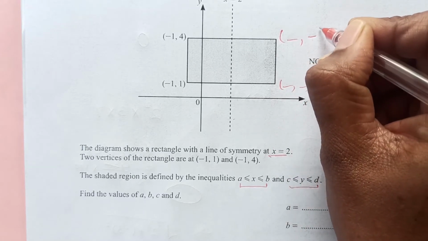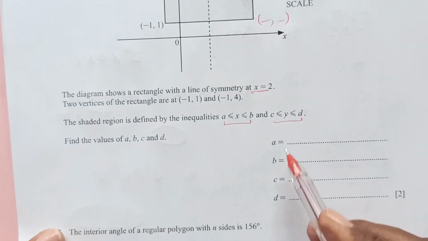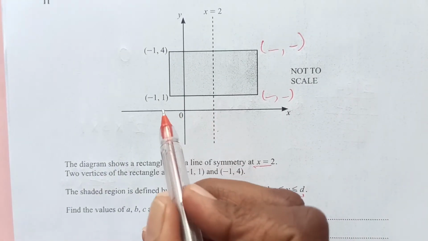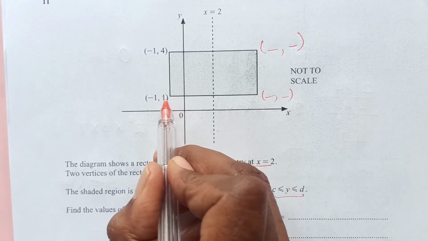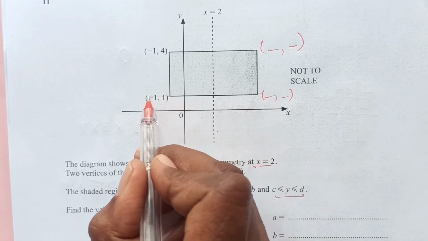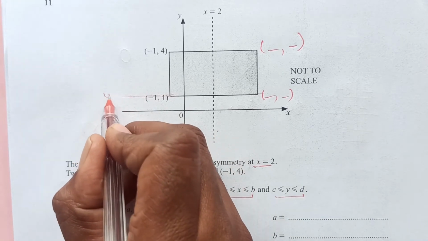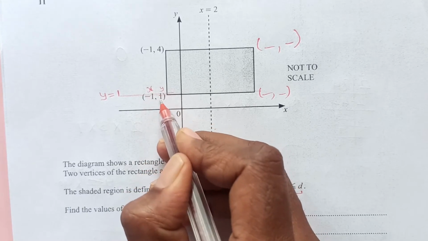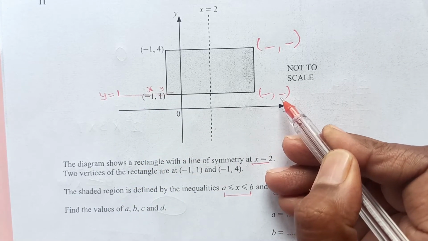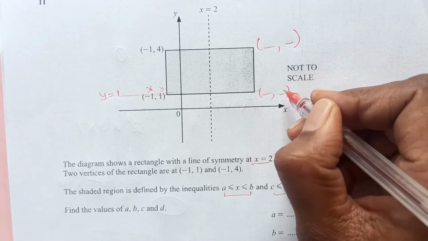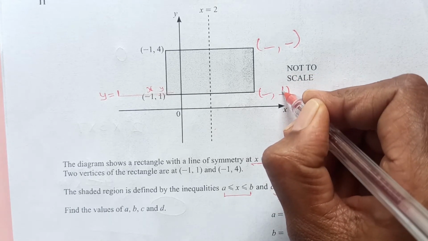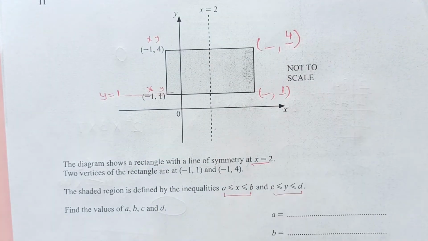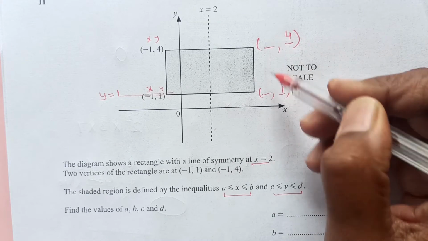Like this. So now you see we need to find out values of x and y. Go slowly here. At this point, what is the value of y? The value of y is 1, right? This is x and this is y. Y is 1, so that means y will be 1 here also. And similarly, y is 4 here, so y will be 4 here also, right? We got it. Now we want these values.